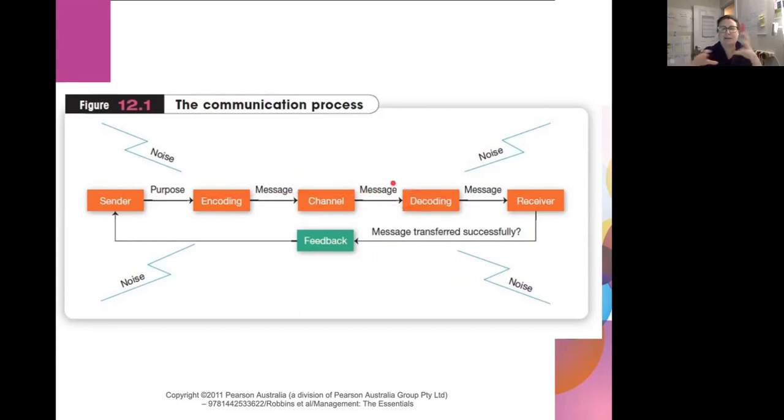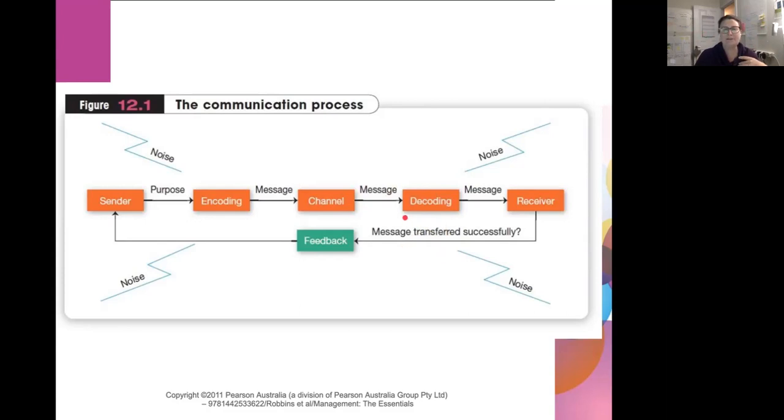Anything can be adding to the noise, which is dispersing or complicating the message. I'm sure we've all had that where maybe we're so busy, there's so much noise in our head and so many other things going on that we've misunderstood or missed messages in some way.